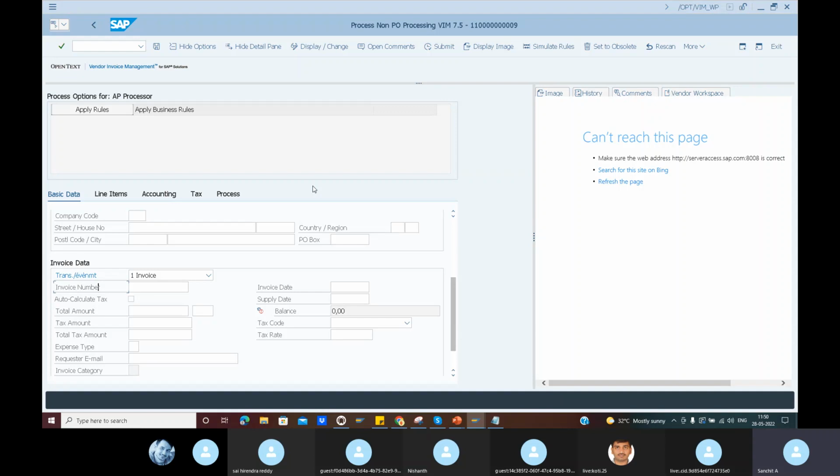Yeah, I think at some point of time we can say yes, because the indexing fields will not be there, right? Without OCR, obviously the fields and all will not be captured by the system automatically. So it is kind of necessary to have it. Okay. But having said that,